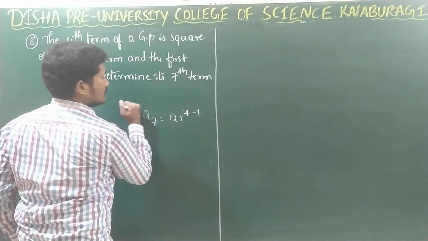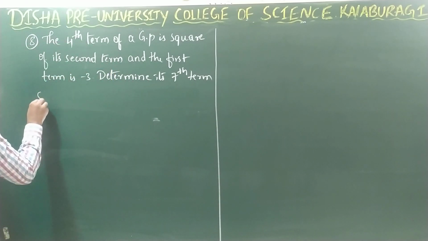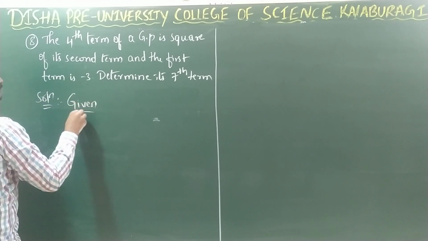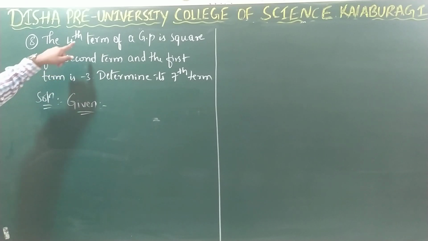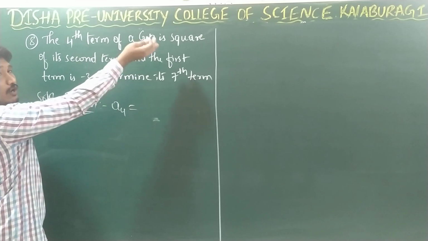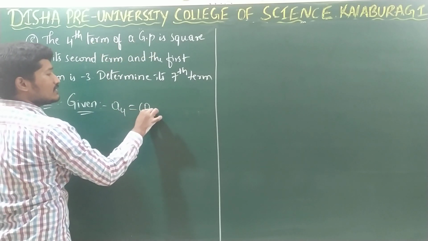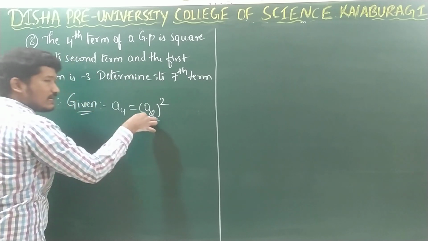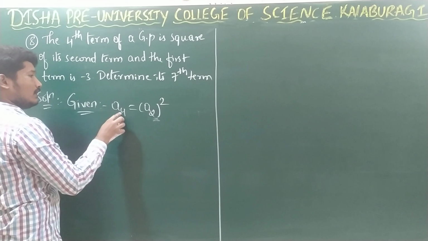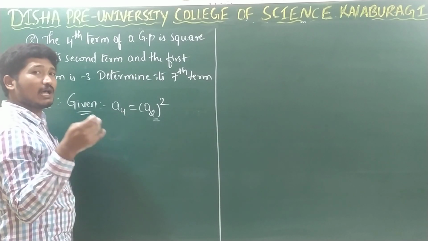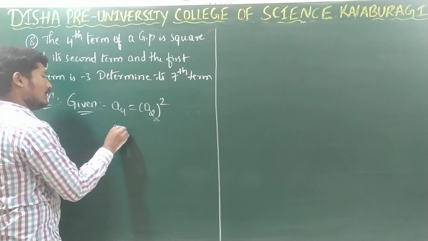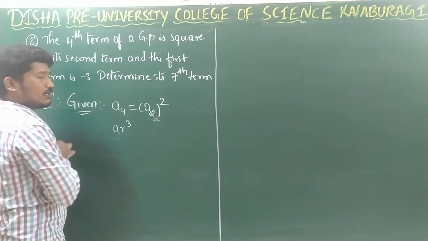Right? So first let us write the solution. First let us write the given. So what is given? Fourth term of the GP, that is a4, is equal to the square of the second term. So the second term is a2. When I square this second term, I will get the fourth term. Right? Next. an is equal to what? A into r power n minus 1. In the place of n, we have 4 here. So this will be a into r power 4 minus 1,